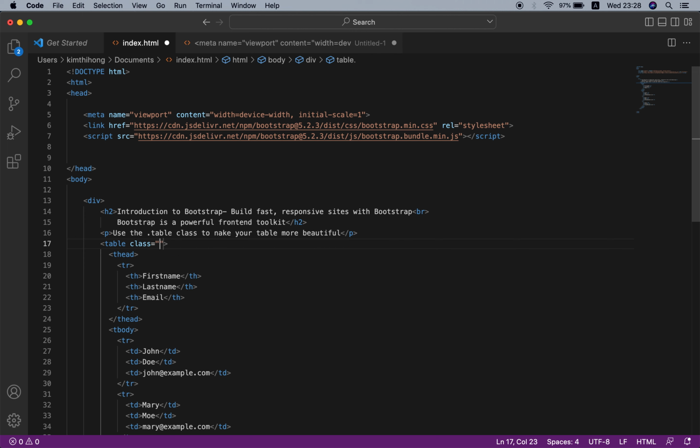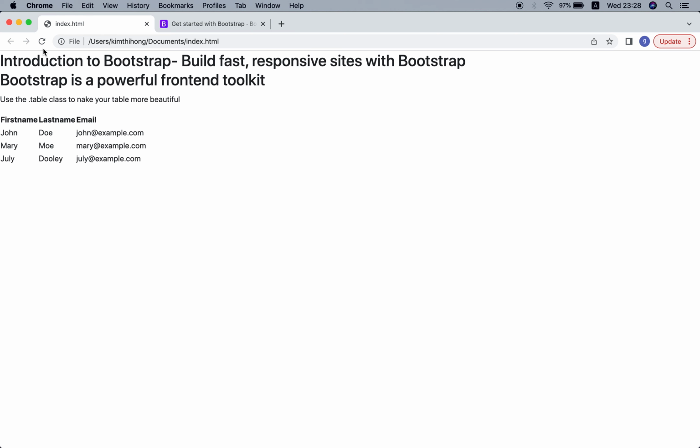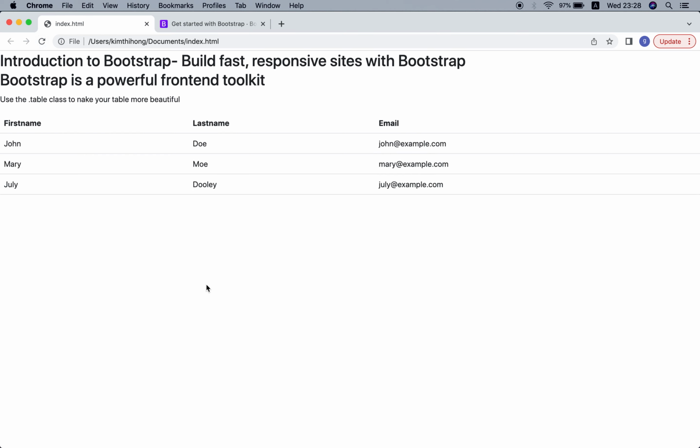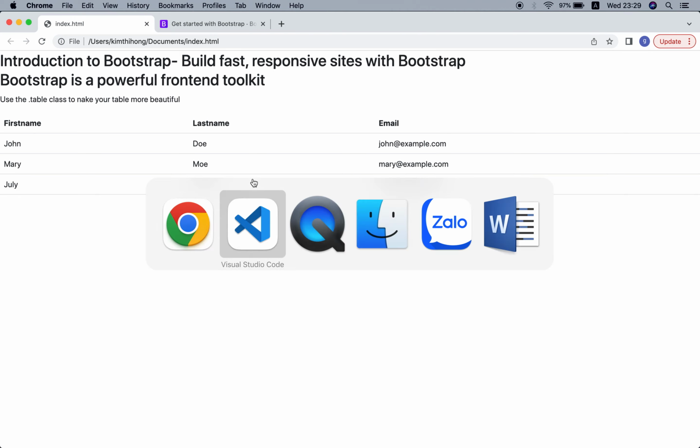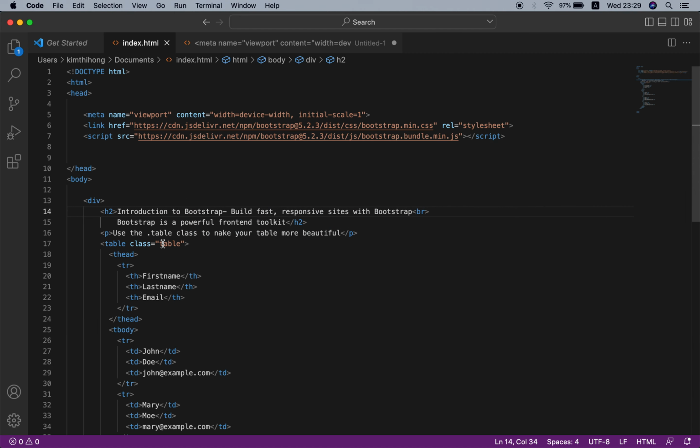Class table, save and check. In this simple example with the table class, you can see the power of Bootstrap. You can make a table attractive very fast.